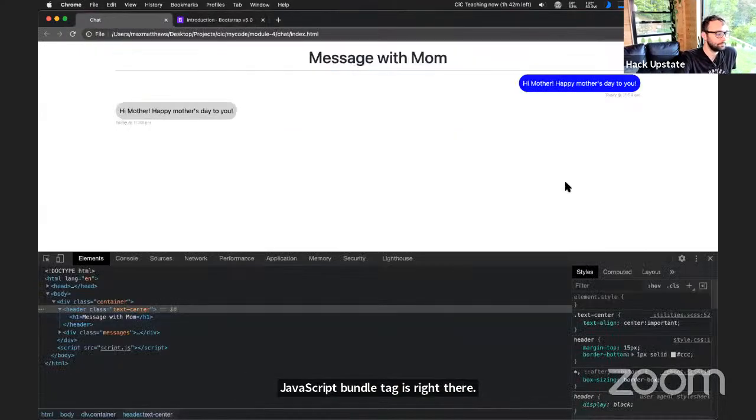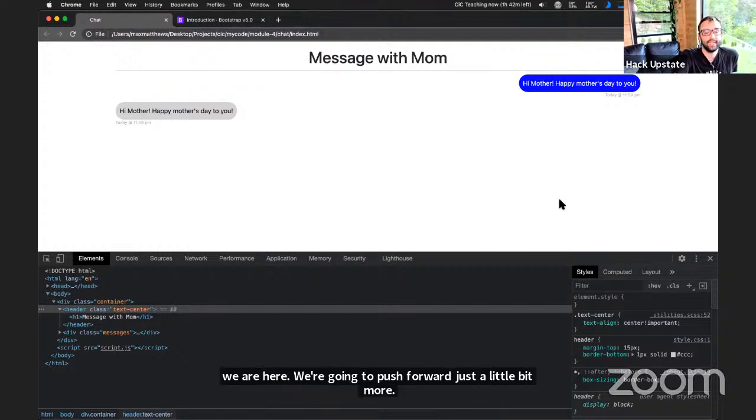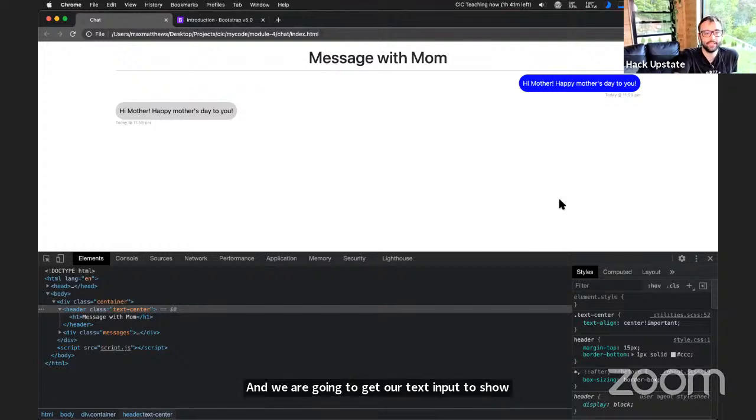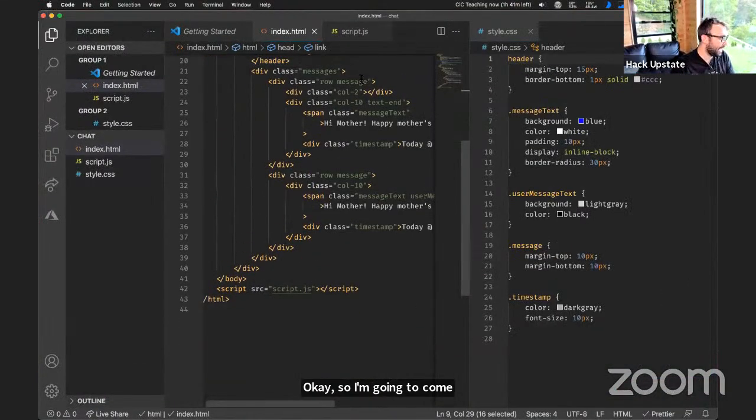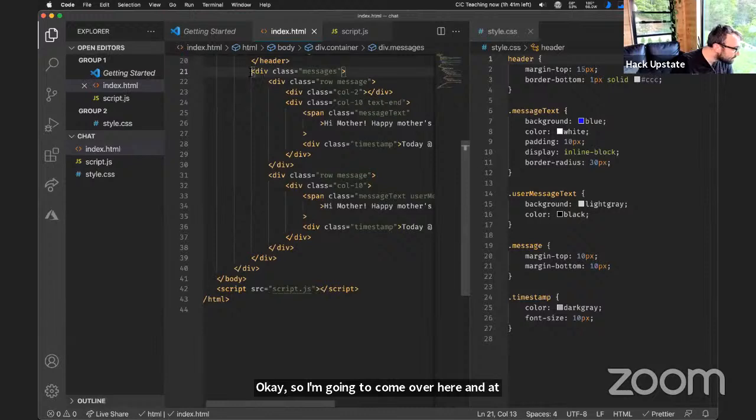Okay, so we are here. We're going to push forward just a little bit more. And we are going to get our text input to show up and maybe our send button. And then we will call it for most of our HTML and CSS and switch over to JavaScript land. Sound good? Okay. So I'm going to come over here, and at the outside of my div class messages, I would like to add another div class,